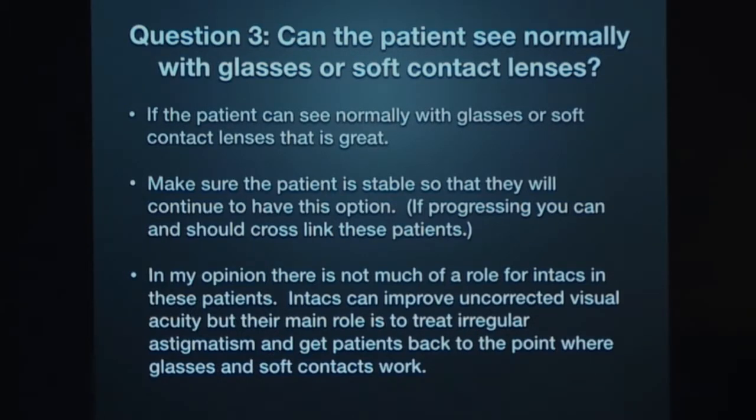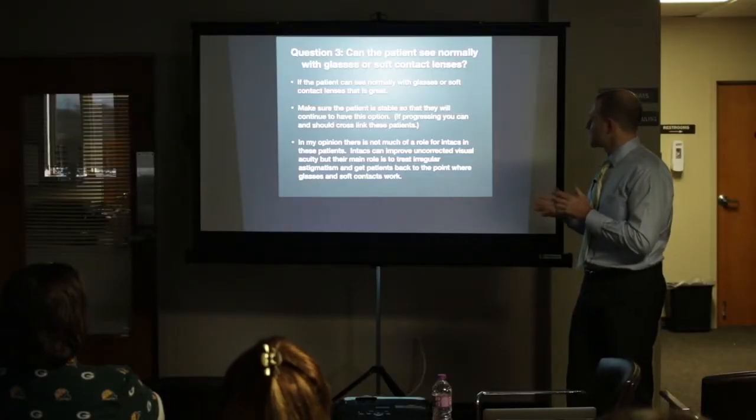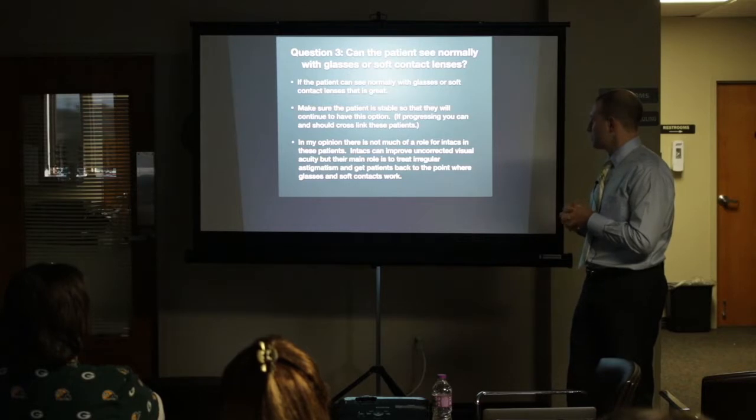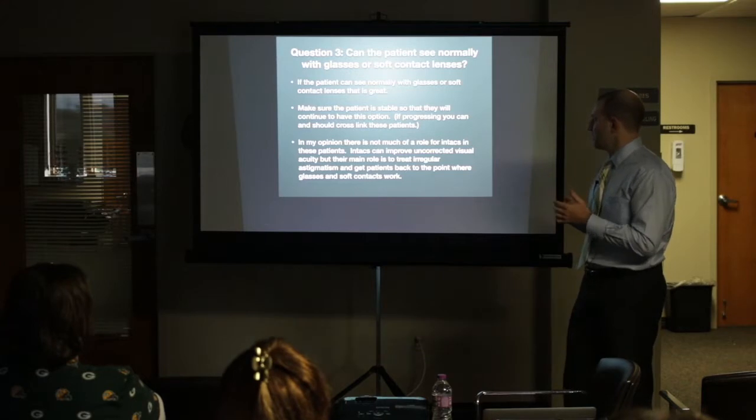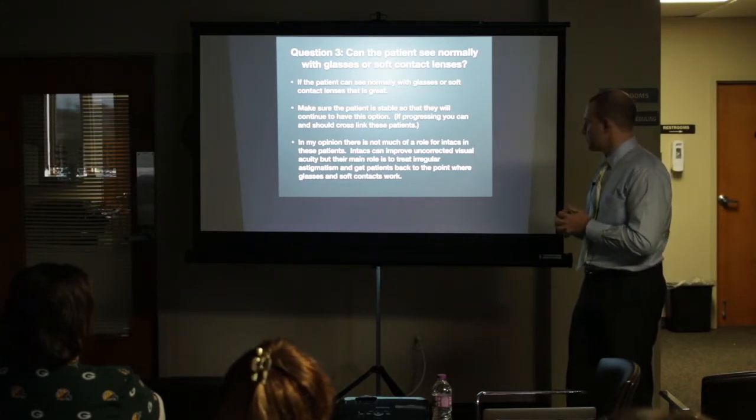We do need to make sure that somebody in that category is stable so that they won't progress and no longer have the option of glasses or soft contact lenses. And if they look like they're progressing, you should go back one step and think about cross-linking this person. We're going to talk about Intacs later, but in my opinion, there's not much of a role for Intacs in patients that can see normally with glasses or soft contact lenses. Intacs can improve uncorrected visual acuity, but their main role is to treat irregular astigmatism and get patients back to the point where they can see normally with glasses or soft contact lenses,